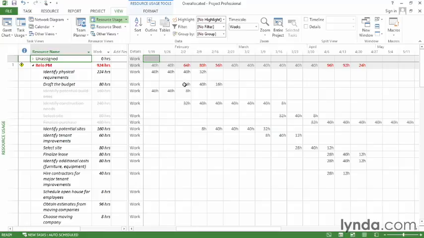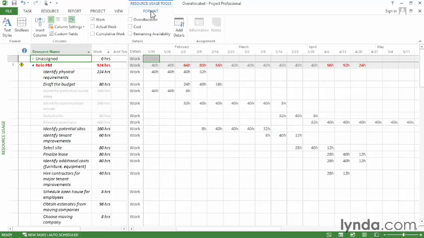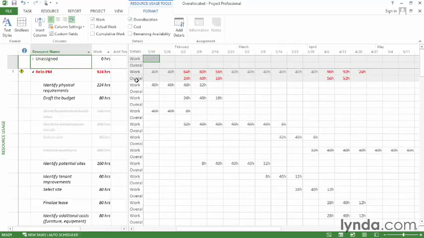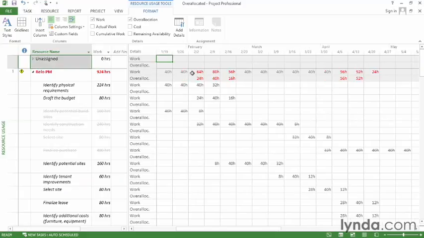One of the things that you can do is you can actually look at overallocated hours. So to do that, go to the Format tab, and then turn on the checkbox for overallocation. And now you can see in the grid, there's a second row for each assignment for overallocated hours. So in this case, 64 hours are assigned, 40 of them are the regular work week, and 24 hours represent